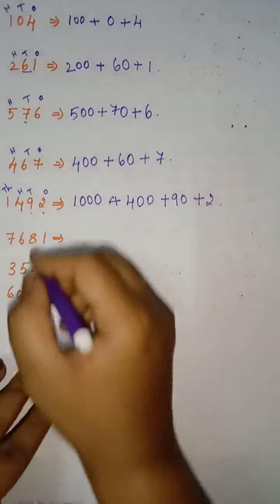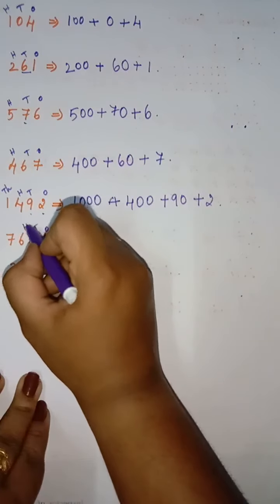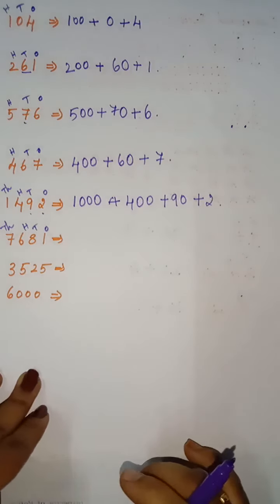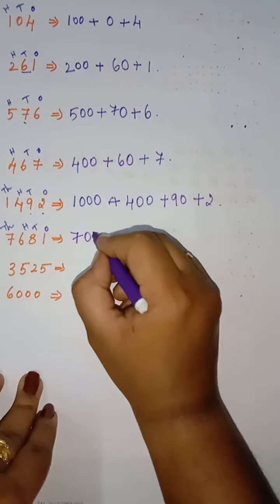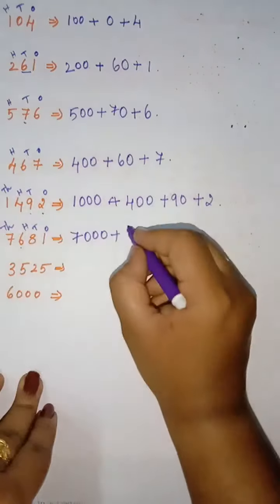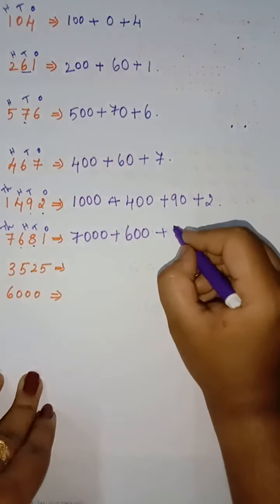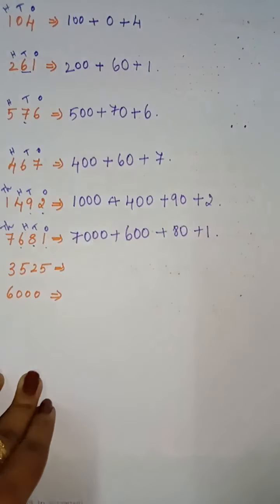Okay, the next question. So first step is place value. Ones, tens, hundreds, thousand. So for 1000, 3 zeros. I am explaining it repeatedly, so you have to keep it in your mind. For 1000 how many zeros will be there? It is 3 zeros. So you have to write 7 and you have to write 3 zeros. Then for 6 it is 100, how many zeros? 2 0. Then for 8 how many zeros? That is 10. Only 1 0. The remaining ones 1. Clear?